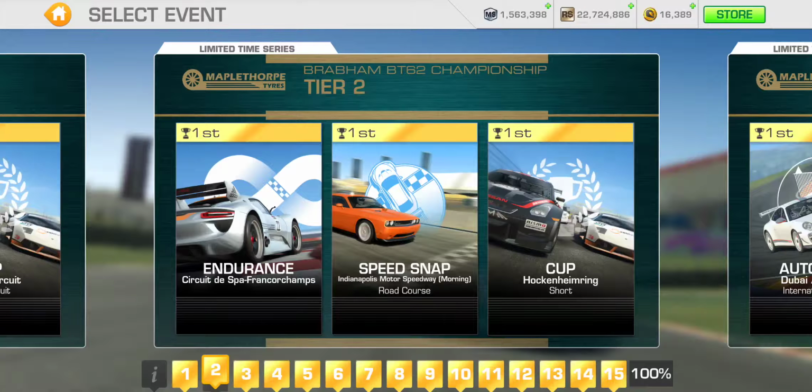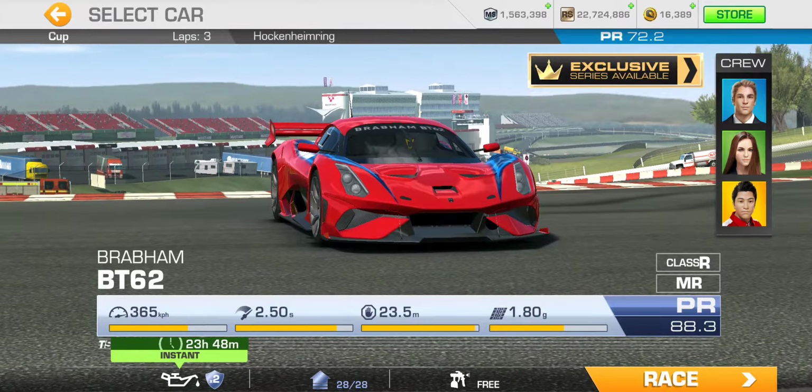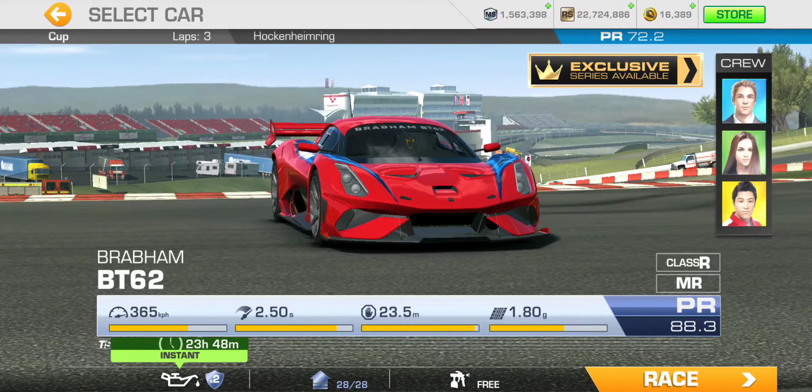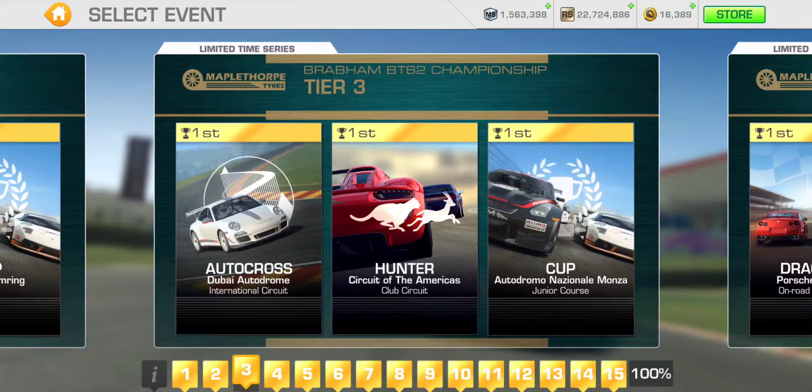All right. Tier 2, we got endurance at Spa, so your target distance may vary depending on your margin of victory from Tier 1. And then followed by Speed Snap at Indianapolis Motor Speedway Road Course. And Tier 2 Cup is going to be at Hockenheim Short, so these are all short circuits. Another 3-lapper Cup, PR 72.2 is required, so obviously you're going to need some of those Tier 1 racing dollar